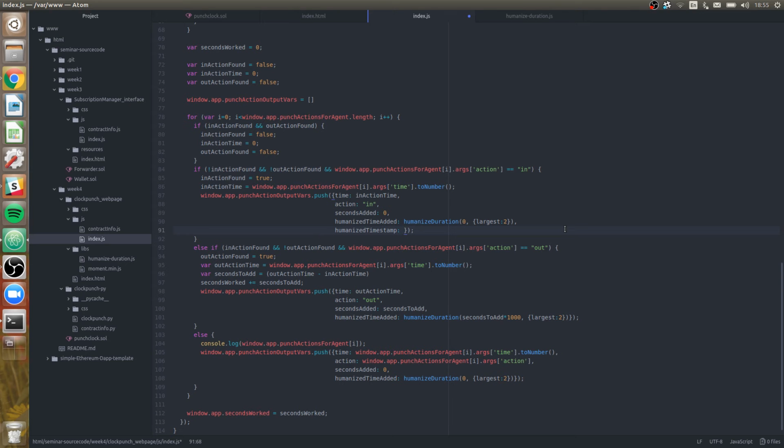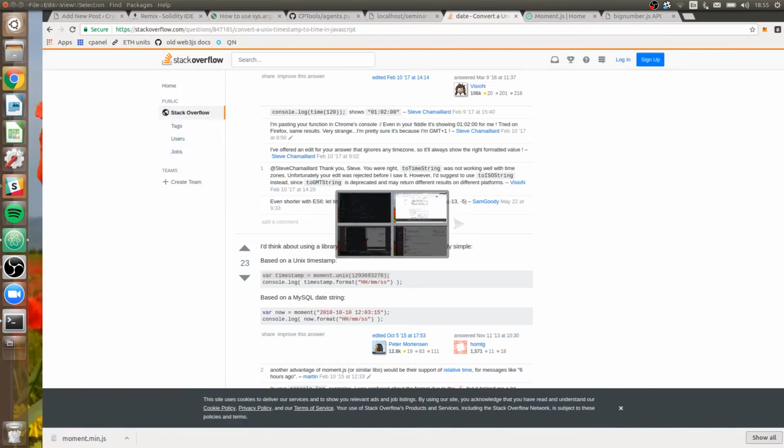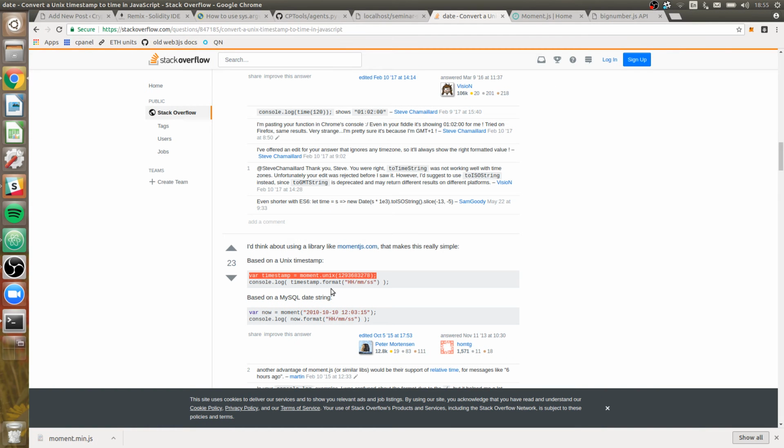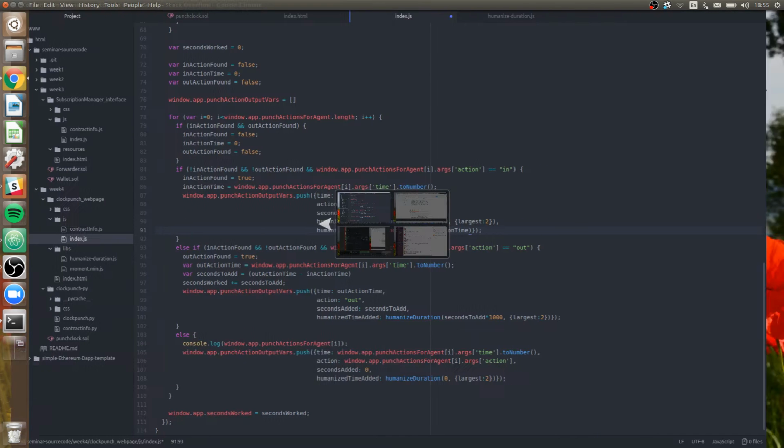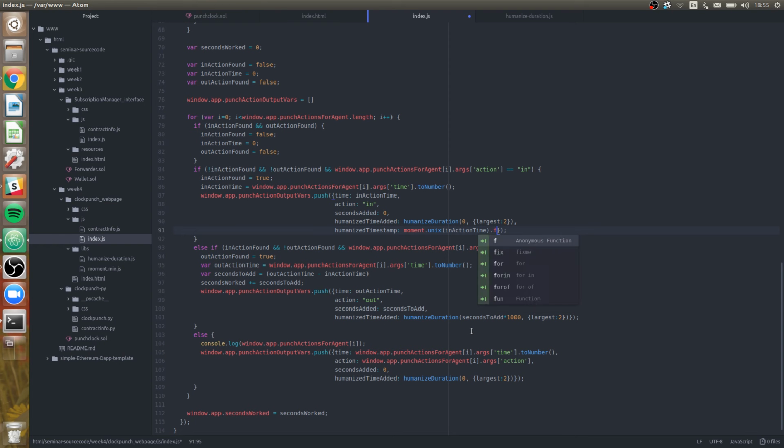And then what we're going to do with this is we're not going to be setting variables, but we'll just do a chain of function calls here. So moment.unix, and then here we'll put in the actual timestamp, which is in action time, and then let's take out this weird semicolon. And then what's the next line that they use? Dot format. So then we're going to go dot format like that, and then here we need to actually put in